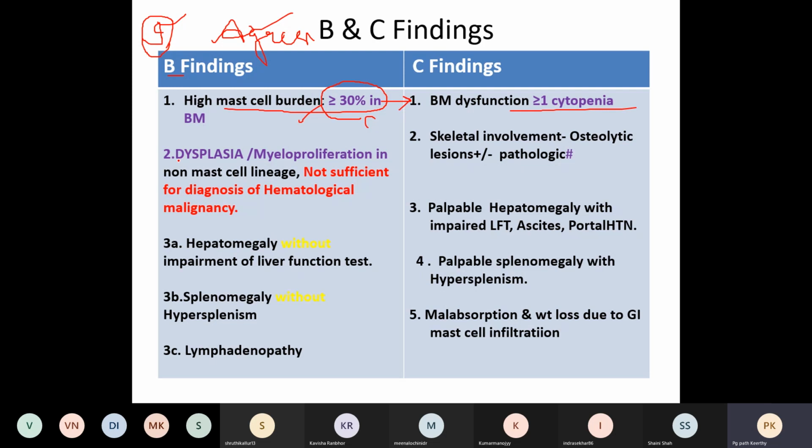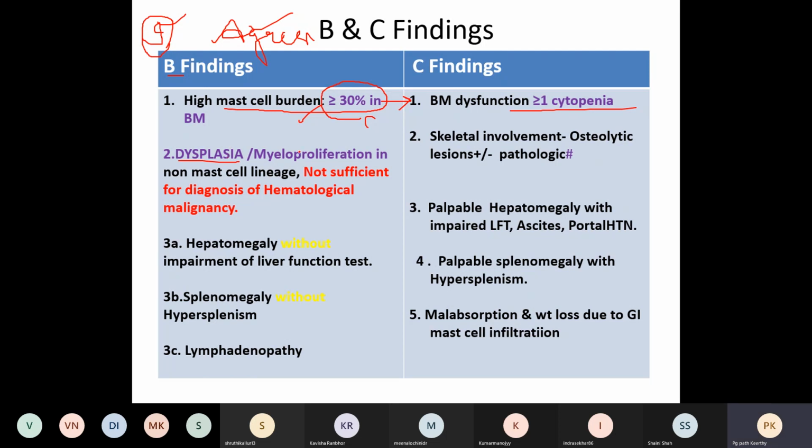Understood? Now coming to dysplasia. I think you all will know what is dysplasia. Nuclear and cytoplasmic features of dysplasia. What is dyserythropoiesis, what is dysmegakaryopoiesis, and what is dysgranulopoiesis. I think you know all these things, so no need to repeat now, right? Now next coming to